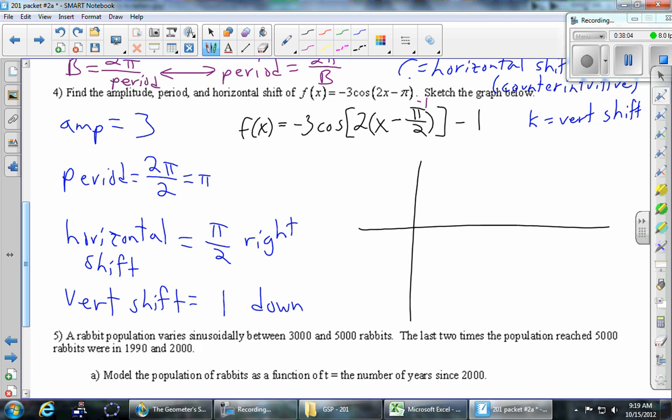And I have my little way of running through. I have kind of a checklist in my mind of things to do to graph a trig function. You don't have to follow my checklist, but do it however is natural for you. Okay, so the first thing that I do is I figure out